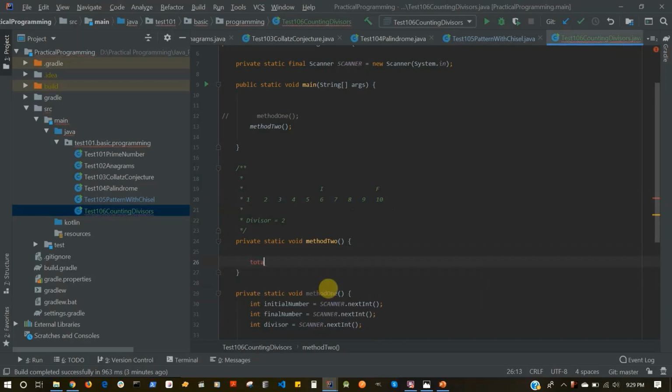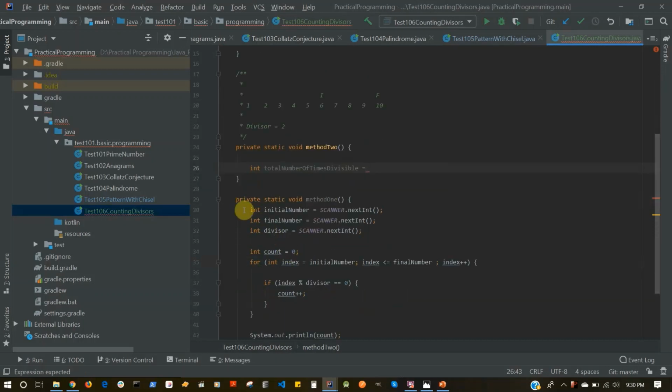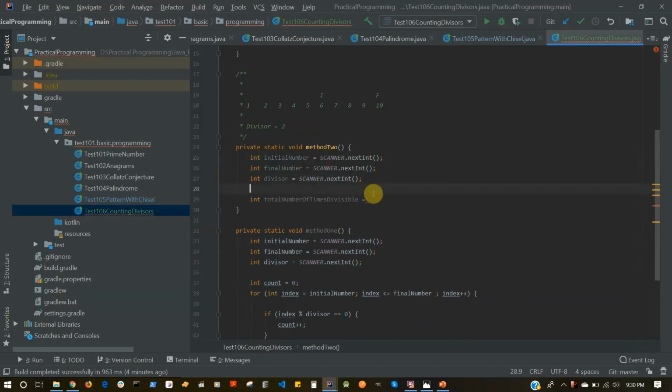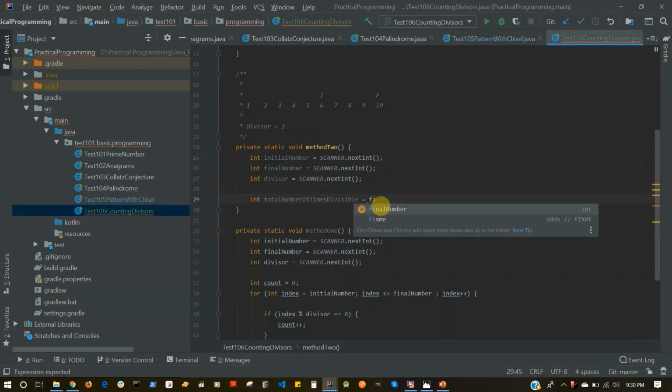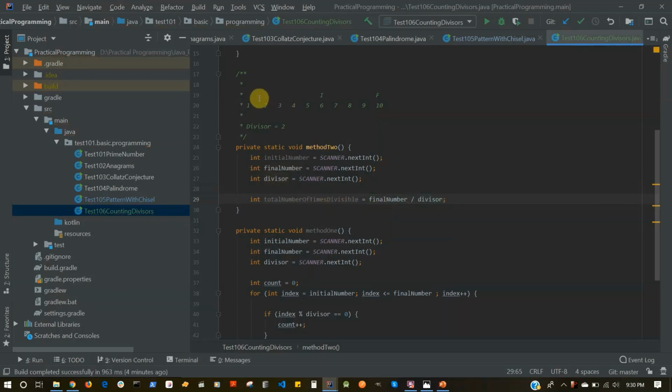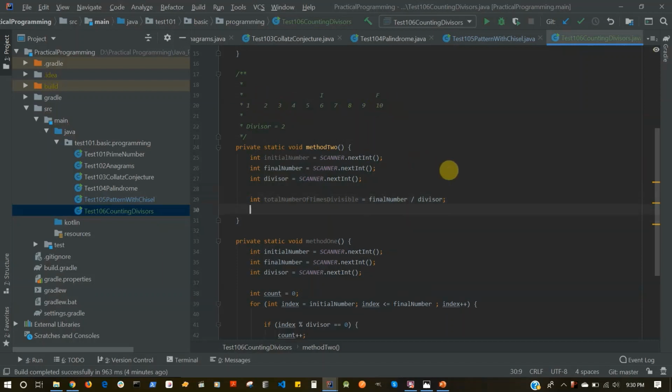So say total number of times divisible. We're going to do this, we're going to say our final number. Okay, let me just do this. One thing I'm good at is copy pasting. Trust me, I am. Let's say that is our initial number. We're going to do final number divided by divisor. So we're going to get the entire 1 to 10, how many times it is divisible, which is 5, we know,